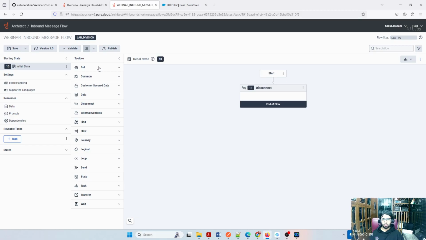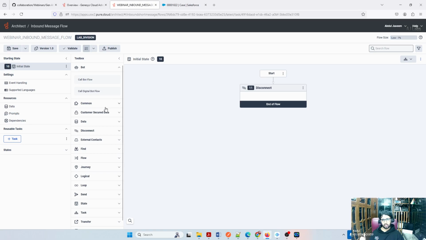This is called the toolbox, and you have all the tasks available. You can transfer, you can do logic, you can do looping, you can do a decision, you can do a lot of things. Whatever a contact center currently offers, even what the future contact center offers, you have all those options available here. You don't need any programming skill to develop anything. Usually people come from a contact center background and say, I want to know scripting. In Genesys, scripting is a different thing. For designing a flow, you don't need any scripting knowledge.